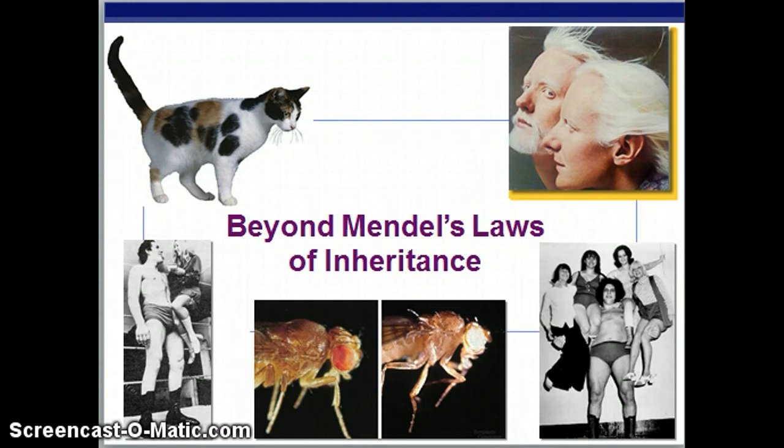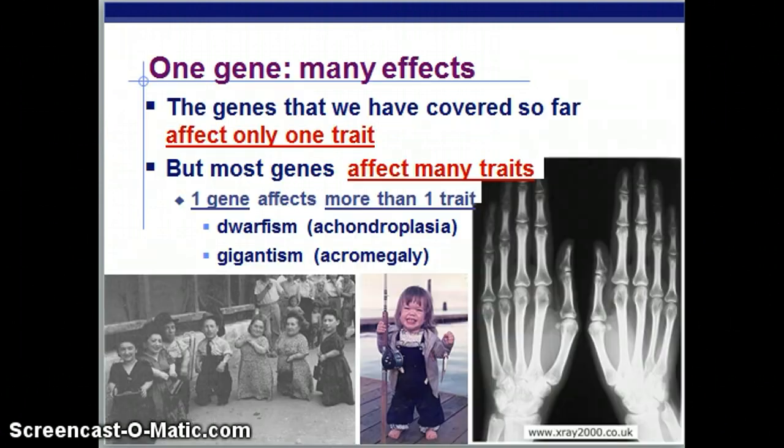So here we're going to be talking about all of those little odd cases that go beyond just those simple Mendel's laws. So one gene may have many effects. So far, we've really only covered Mendelian traits, where one gene controls one trait. However, most genes really affect many traits. So one gene can affect more than one trait. Some examples would be dwarfism, or achondroplasia, or gigantism, or